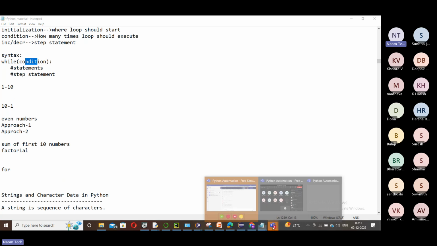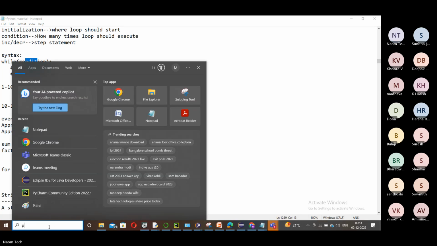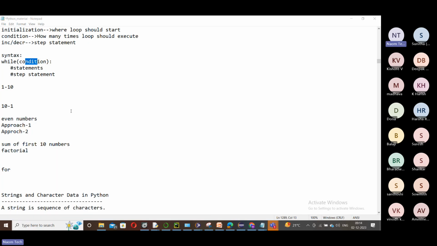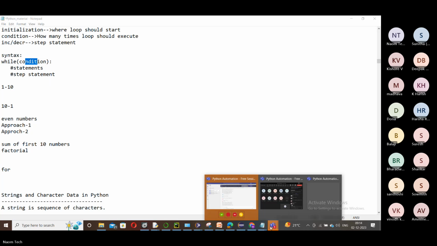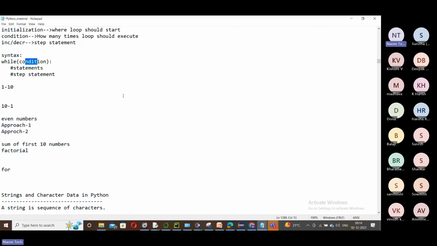Let me open my PyCharm here. All of you can open your PyCharm. Please open your PyCharm and then we can start working on this.